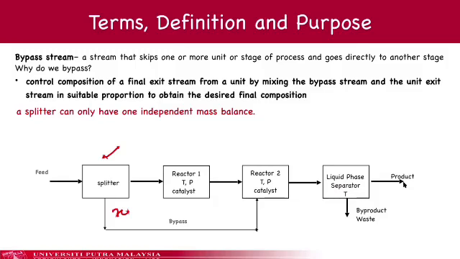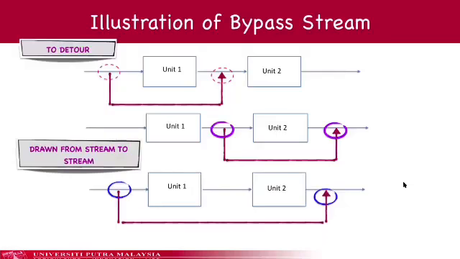So you will have a few points. For example, you can make your splitter one point of analysis, and the point where they are mixing together is another point of analysis. Here is an example. It is just, as I mentioned, a mirror image of what you have in the recycle stream. So you can have the splitter and a mixing point, and you can draw and label, and use the overall balance and balance around the system